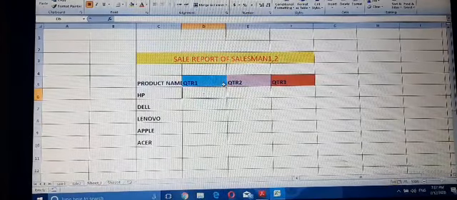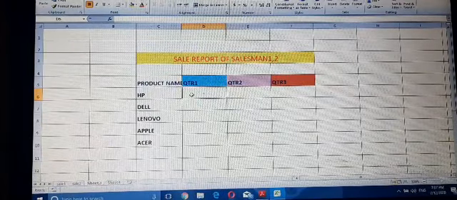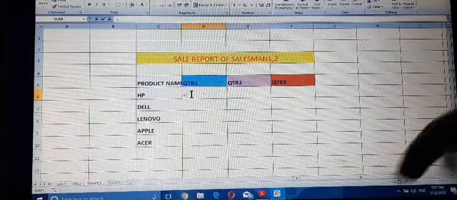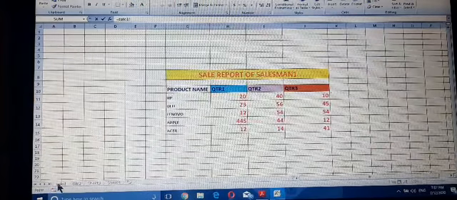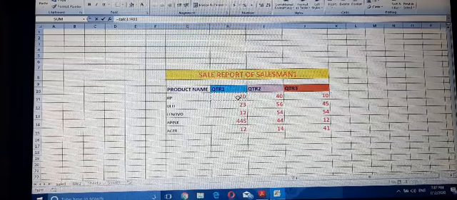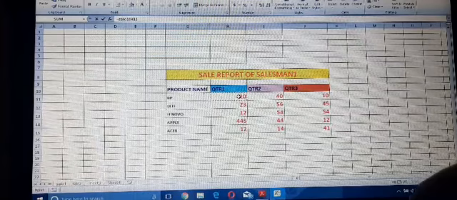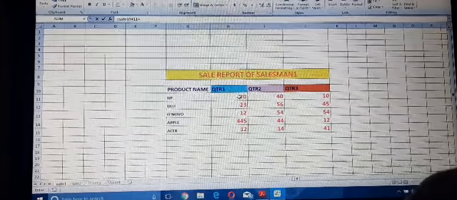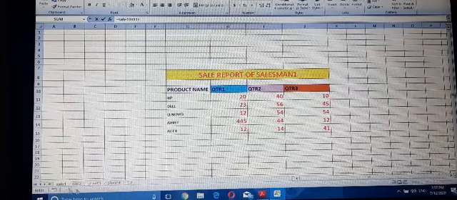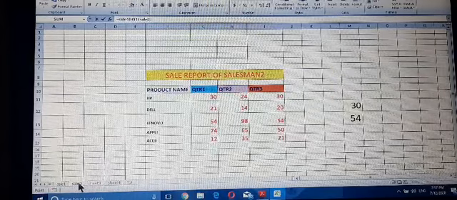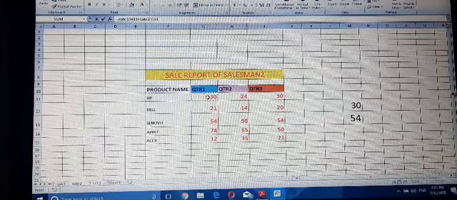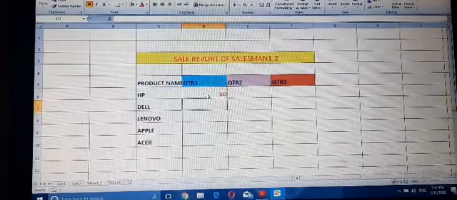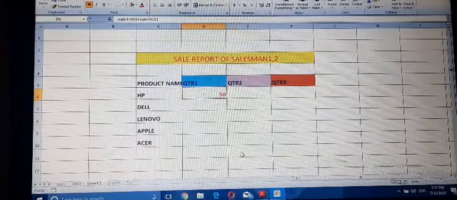So first enter equal to sign, then click on cell 1 of the sheet, then the value, then the plus operator, then click on cell 2, then the value, then press the enter key. 50.